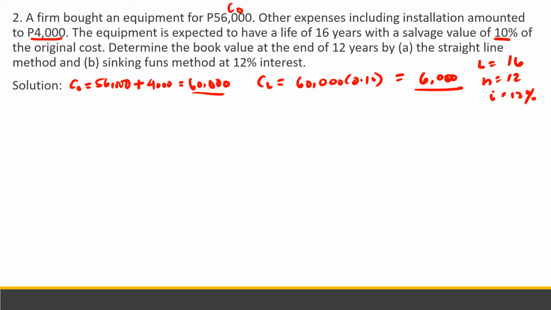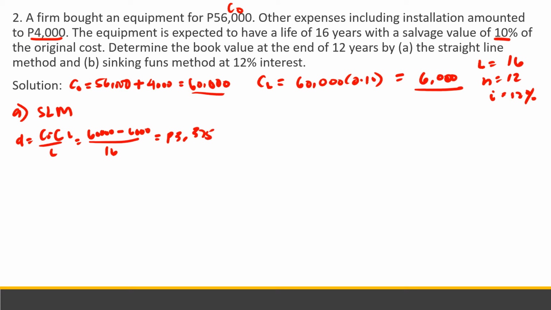Okay, so for the straight line method, first we'll find the annual depreciation, that is CO minus CL over L. So this is 60,000 minus 6,000 over 16. So annual depreciation is 3,375 pesos. So at D12, or the total depreciation at the 12th year, is N times D. So that is 12 times 3,375. This is equals to